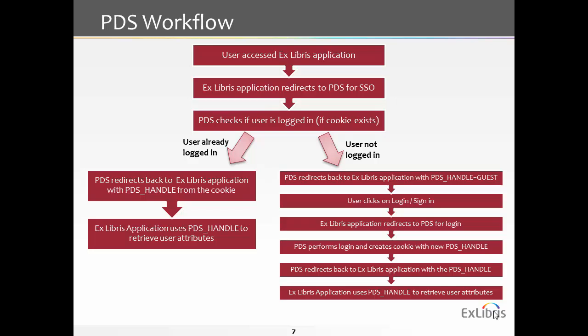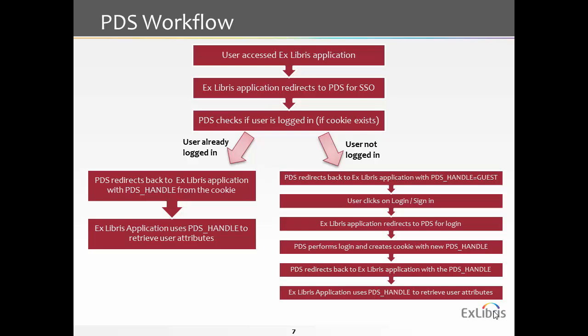Then PDS will send Primo or the application the information about the user, and this information can be used by the application for different purposes. For instance, the name will be retrieved in the bor info call, and then Primo will be able to display the name of the user